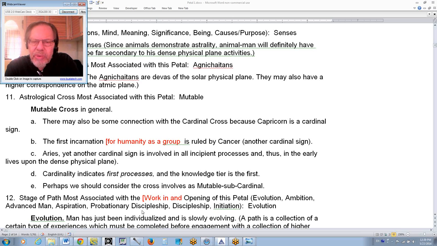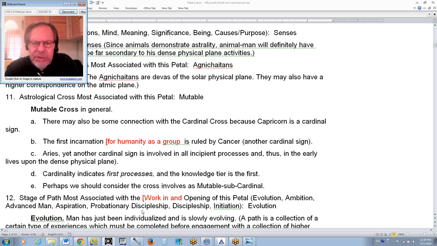So the work in which we prepare, like leaving the elements of the shoe out overnight, and then the elves come along and sew it all together. Well, our elves in this case are the second logos mostly, and which is underlying the Agnishvatas, or solar angels,